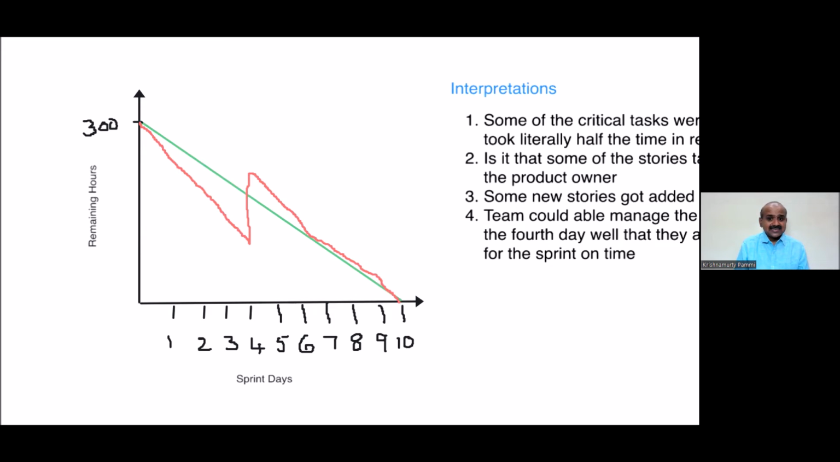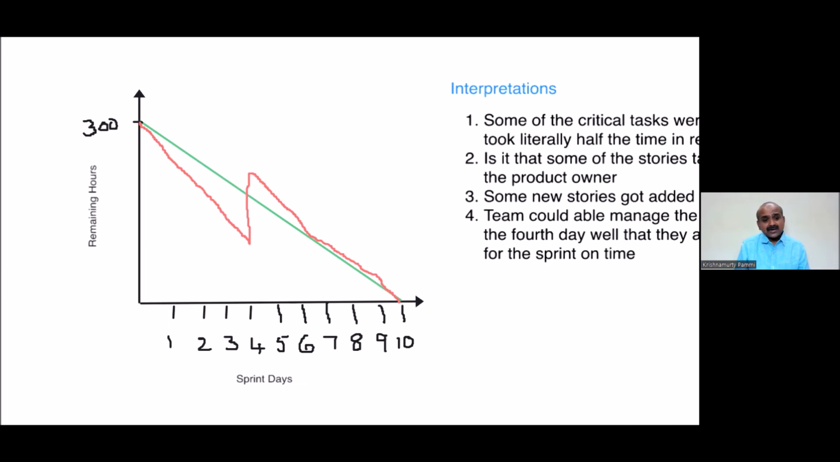The other possibility is that some of the stories the product owner must have canceled, right? So there is a situation where the product owner says, boss, stories number 3, 4, 5, I don't require. So out of 10 stories, 3 stories are not required, 7 stories are required. So the remaining hours are coming down. But however, on the 4th day, the product owner has come and said, look, on the first day I canceled 3 stories, but now I'm adding another 3 stories. That means